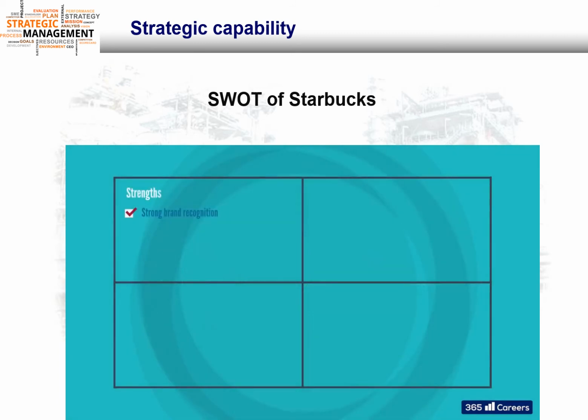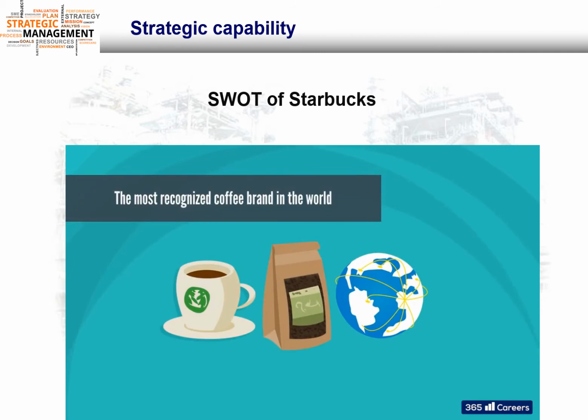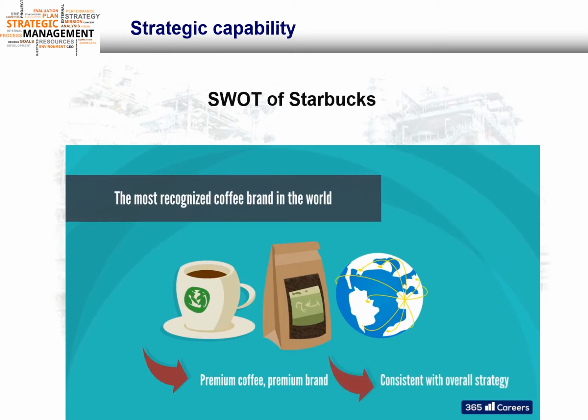Let's start with the company's strengths. First, almost everyone knows its brand, right? So it definitely has a strong brand recognition. Starbucks has been proclaimed the most recognized coffee brand in the world, quite an advantage regarding other companies in the industry. The firm's brand is one offering of a differentiated product to customers, which is coherent with its strategy and